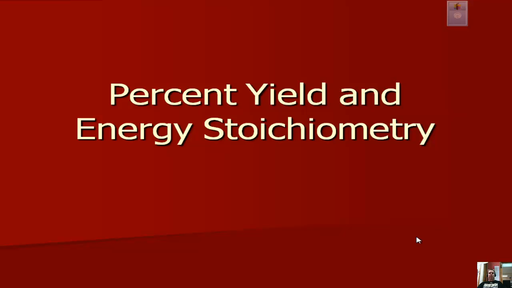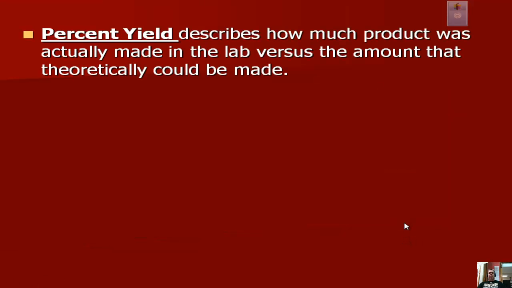Talking about percent yield and the final thing really being energy stoichiometry. Again, as we've talked, energy stoichiometry is just another thing that's going to be involved with the stoichiometry that we've already been doing. And percent yield is really a lot like what we've been talking about with percent error. Percent yield describes how much product was actually made in the lab versus the amount that theoretically could be